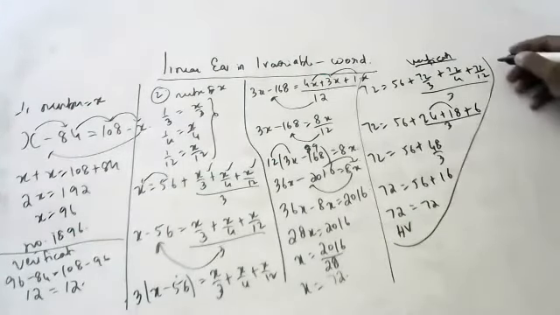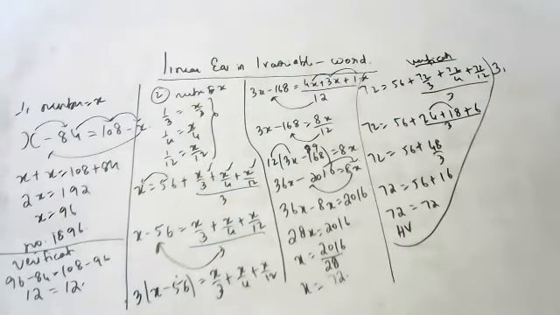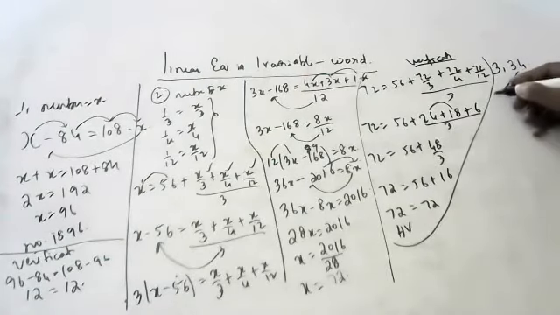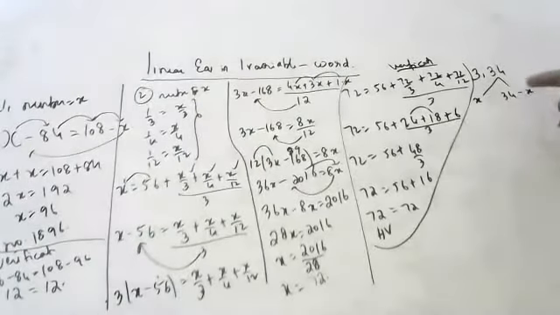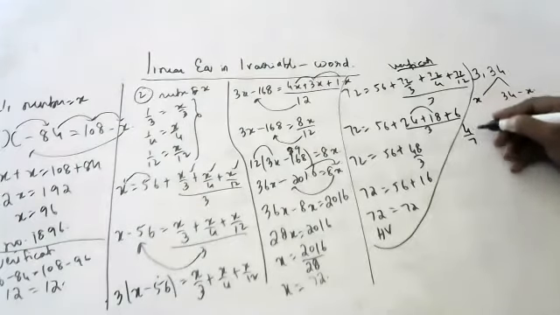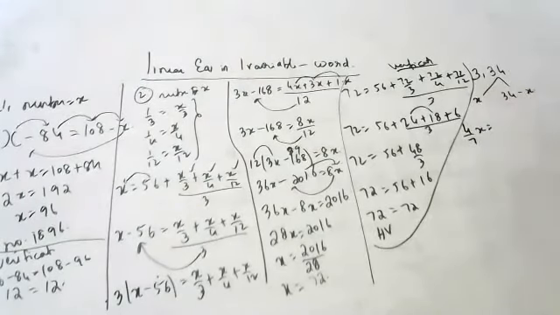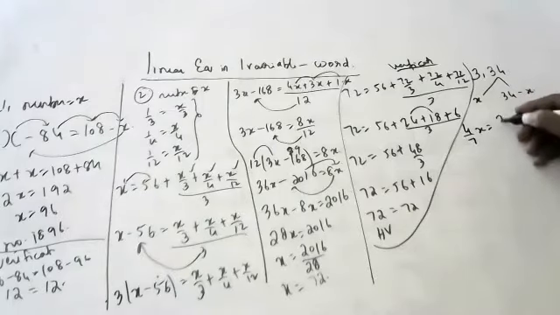Okay, children. So one more sum. A number: divide 34 into two parts. Divide 34 into two parts means one is x, the other is 34 minus x, in such a way that 4/7 of one part is 2/5 of the other part.